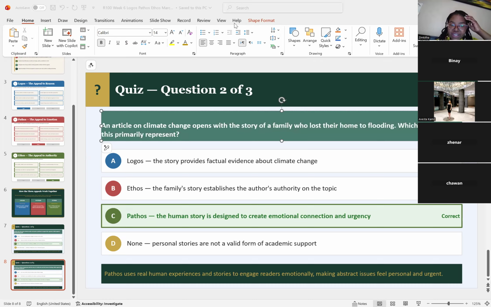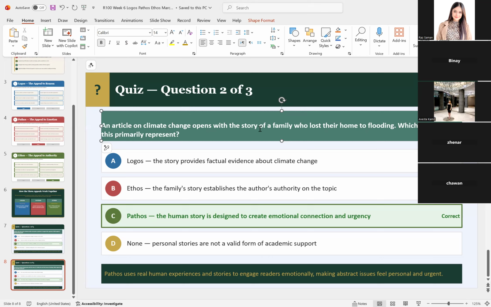Okay. Thank you, Vesta. Yes, sad because they lost their home. Okay. What else? Why would it be sad for you? What feelings does it give you? Why would it be sad of a family losing their home rather than just facts? Somebody else to answer? No. All right. So, why is it sad?